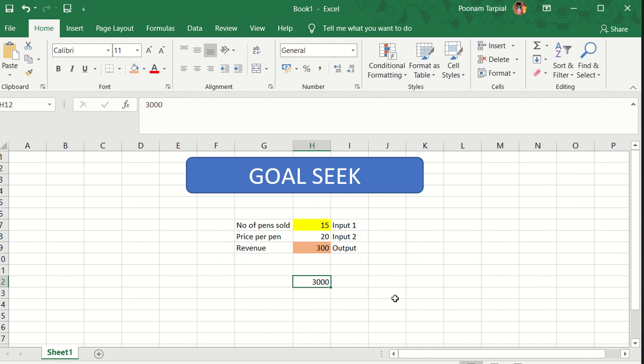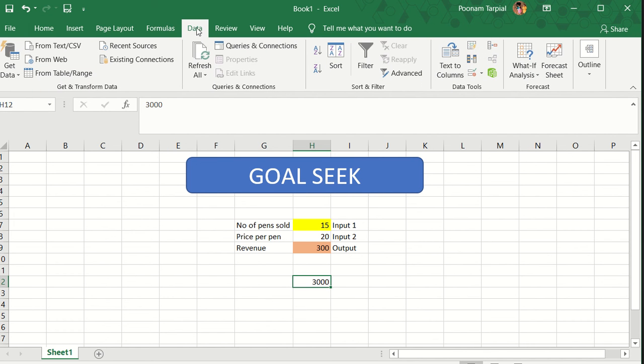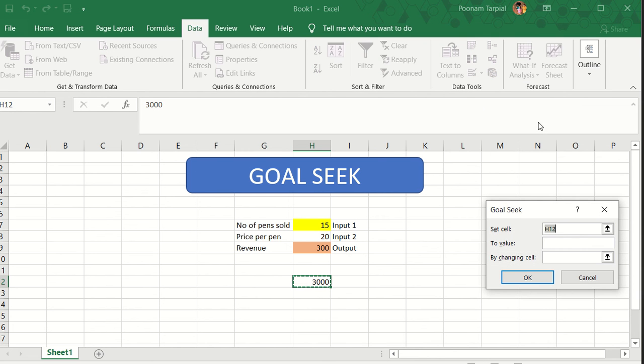So to use this goal seek formula, you have to click on the data tab. You can see it over here where I'm hovering my mouse. Once you click on the data tab, go to What-If Analysis. Click on the What-If Analysis drop down and then go to Goal Seek. Now for goal seek, as you already know, I need to set the cell. This is the cell in which I need the revenue.